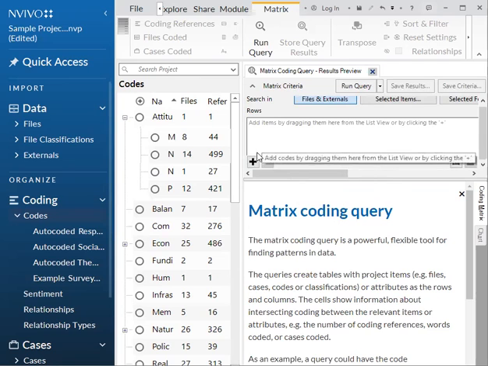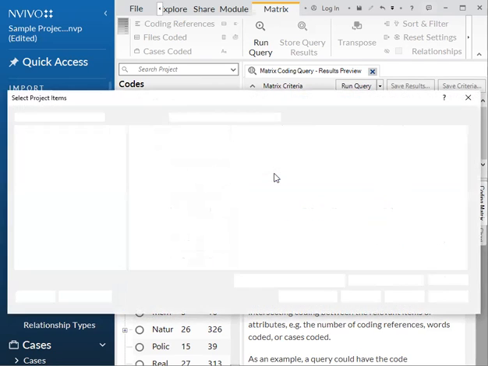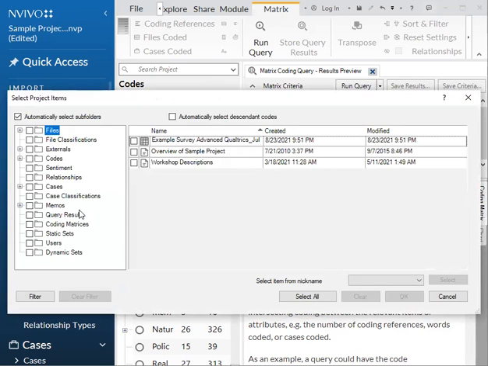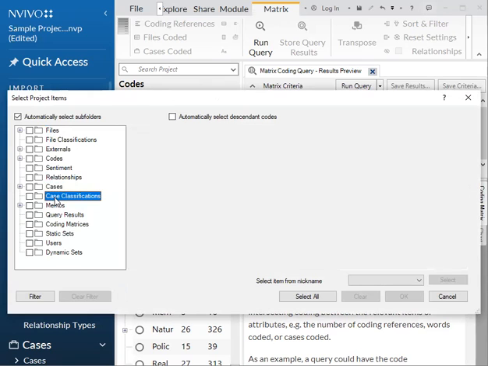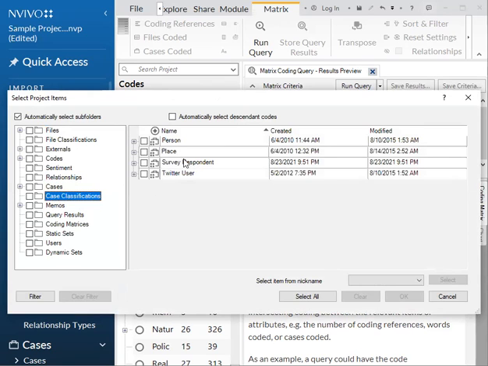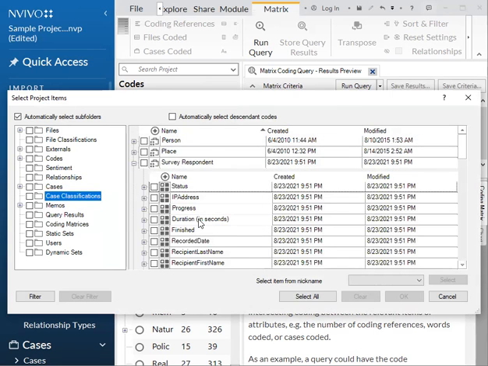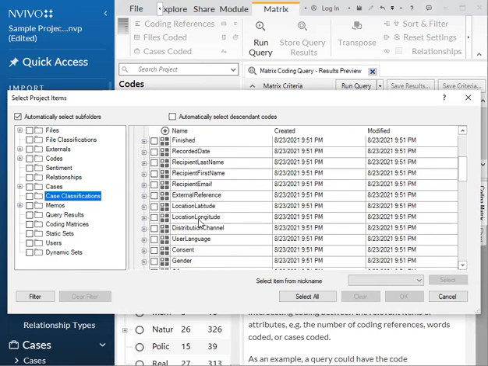All right, so to select our rows and columns, I'm gonna hit the plus sign. And I'm gonna go to case classifications, and under survey respondents, I'm gonna expand that, and you can select any case classifications that were in your survey. I'm gonna do the gender question and then hit OK.